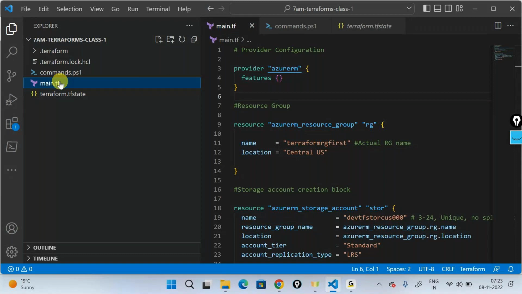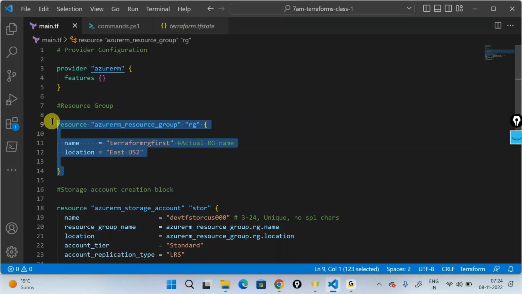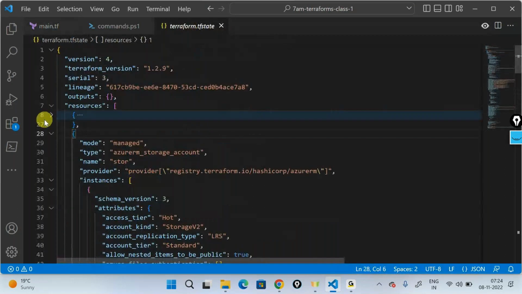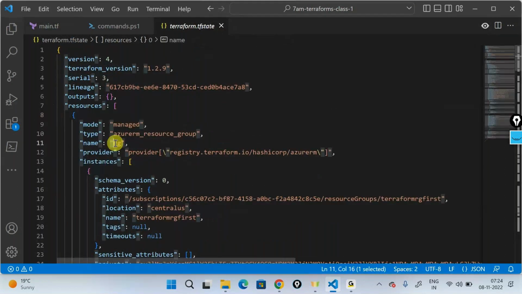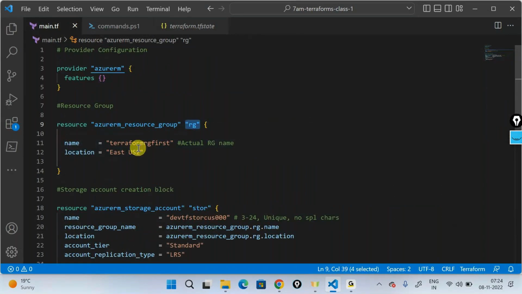But what if I change a property from Central US to East US 2? I change the property of a resource group in my Terraform desired state file, or in my Terraform configuration file, you can say. The Terraform state file in its memory is now telling that the name of the RG is RG and the location of the RG is Central US. But in the main file, you're telling RG and the key value pair, the location right now, belongs